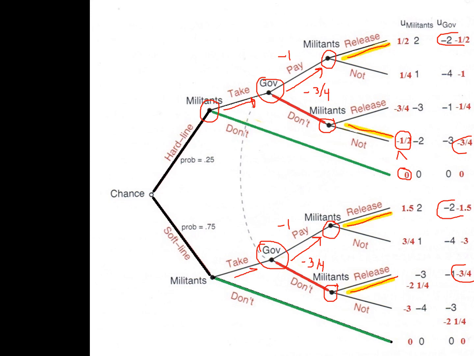That's if they're hardline. If they're softline, it's the same logic. If the militants take hostages, it'll be driven through these selected paths, and the militants will have a minus 2 1/4 payoff. If they don't take hostages, they're going to have a payoff of 0. So they're going to assign the green lines as their choice. So in this particular extensive form game, the militants will make a choice not to take hostages as a consequence of the government choosing not to pay. So this is how to solve the extensive